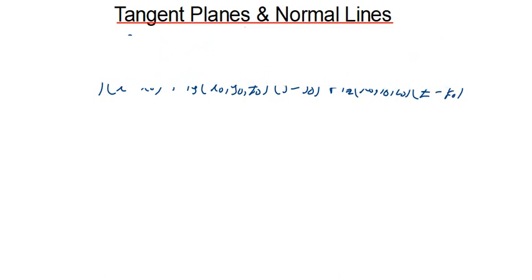Okay, so now let's say we are told we need to find the equation of the tangent line, and then we need to find the equation of the tangent plane and the normal line at the point P. I'm naming that point as point P. It has the coordinates negative 2, 1, negative 3. That is to the ellipsoid that has this equation f(x, y, z)